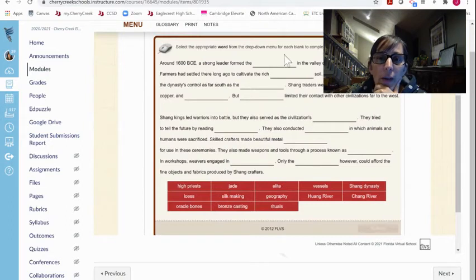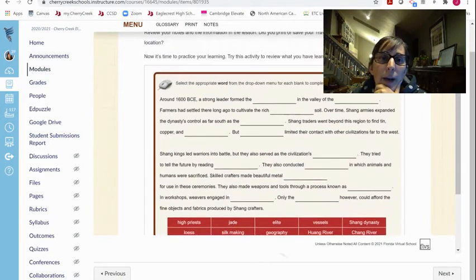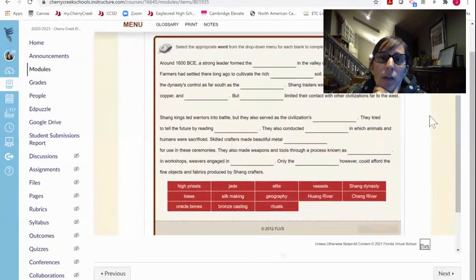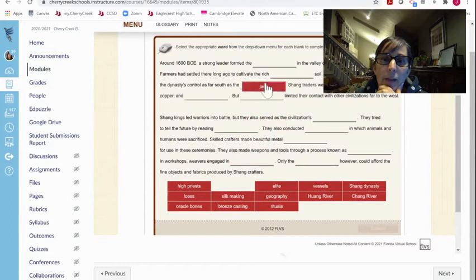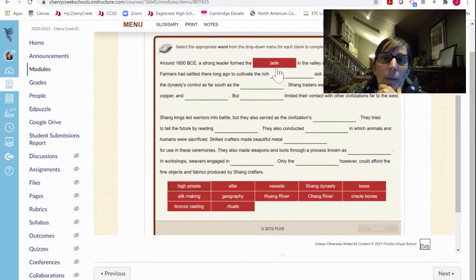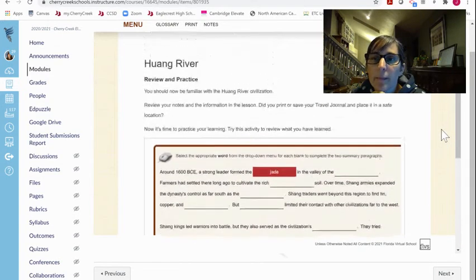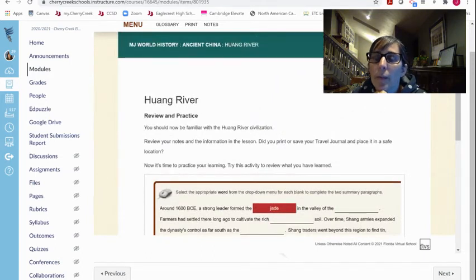So I show you how to do this in the reading, but you'll want to come in here and do it yourself as practice for the quiz. Okay, so you just read the sentences and then you grab these little tabs and put them in where you think they go in the sentences. When you're all done putting them in, there's a submit button. You click submit, and then it tells you how many you got right and how many you missed, and you can try it again until you got it. Okay, so all helpful things.